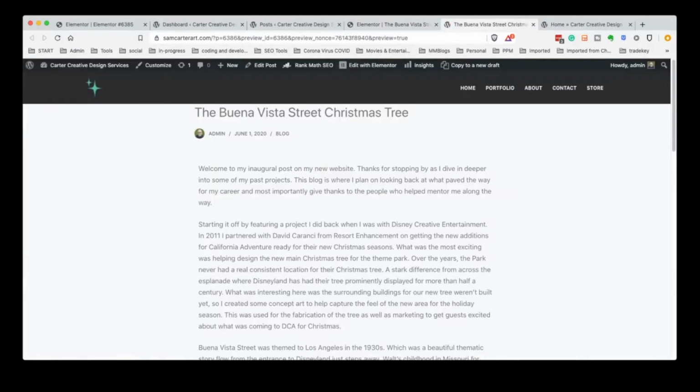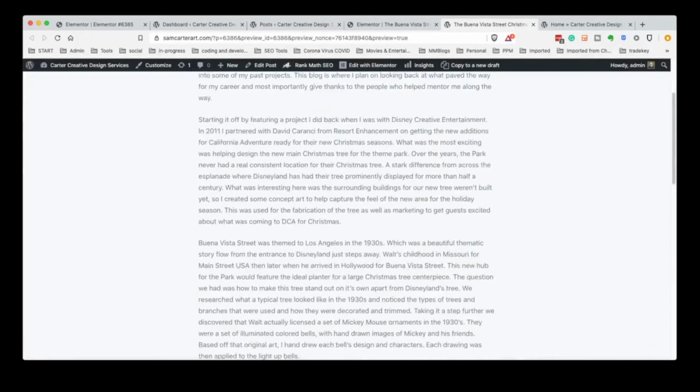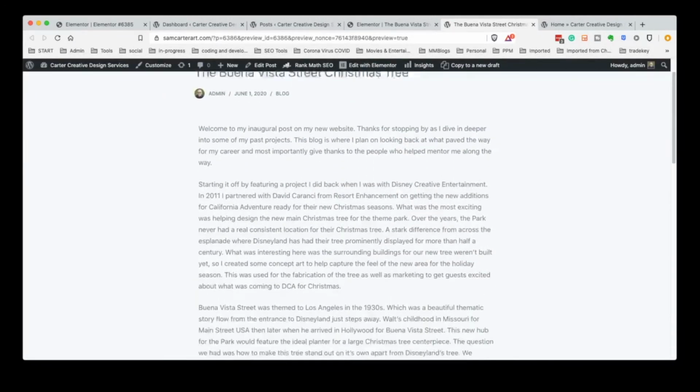And if we click on a preview, then of course we see this is what it looks like. Now the content may be great, it's a great story, but this is boring. That is absolutely boring. What you want to do actually is, of course, add images, add video. And here's another hot tip